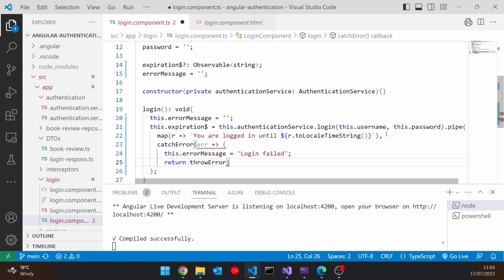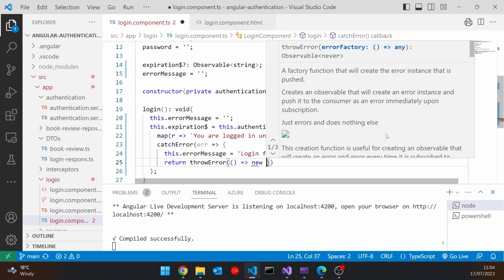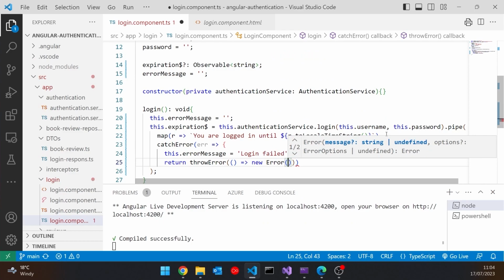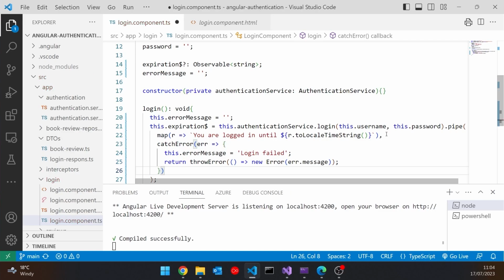So this is what you typically do with one of these catchError operators, and then we can just say gives new Error, and then we can use the full message. So this one is going to be rather more informative, but this is what's going to appear simply in the console, not what's going to appear on the screen. So there, that should have set that all up. So we can see what's happening. We slightly changed the way we're displaying that message. So we've got the whole message being returned rather than just the date. And then we have the catch of the error. So if we have an error returned, we'll just pop up the message, which is going in there, and then also we'll throw the exception.